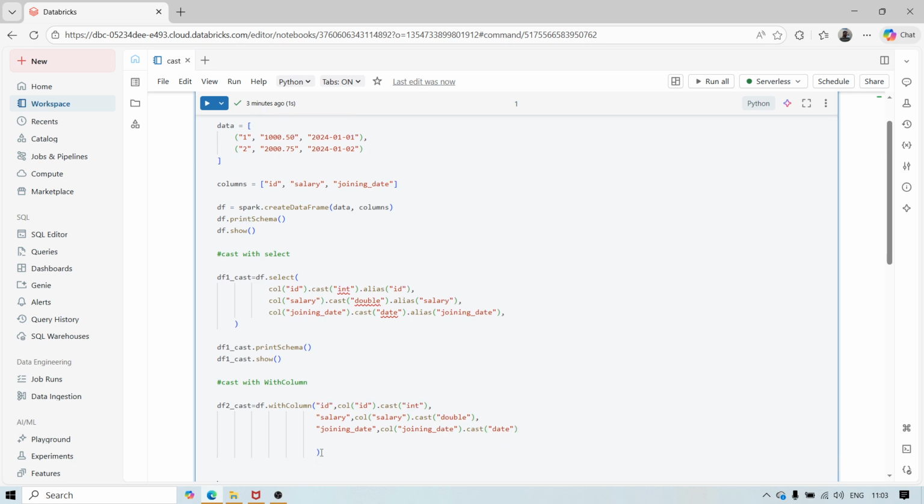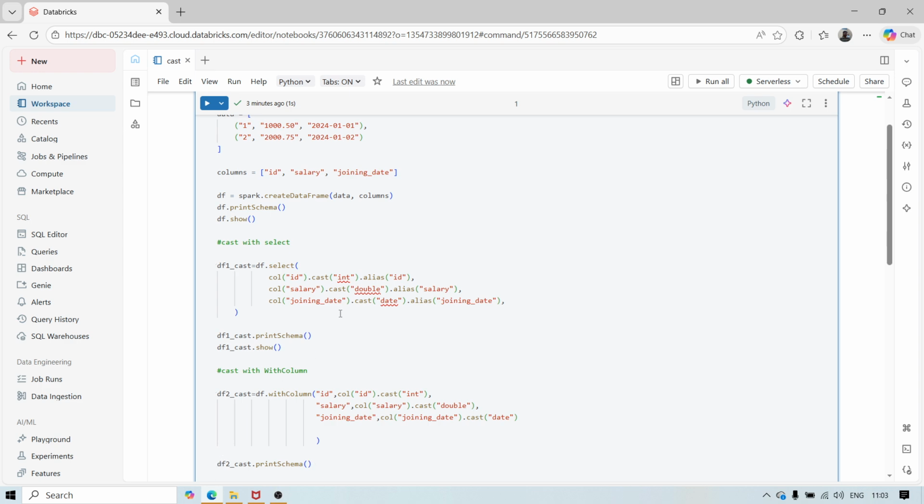And now we want to see the result. If I use df2.cast and then printSchema, printSchema will give the actual schema, like the data type of each column and all those things. I can also see the result, but we don't need to, since the result must be the same. So if I run this code,